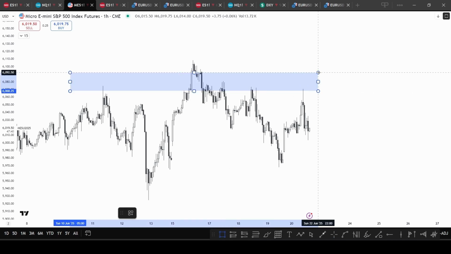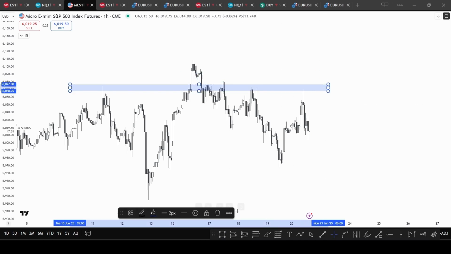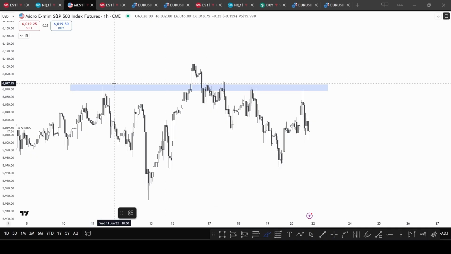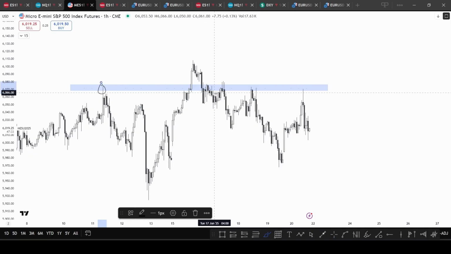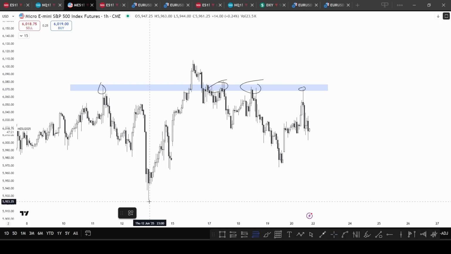First of all, you can see there is a zone here. Whenever price tries to touch this zone, we see a rejection from here, a rejection from these candles, a rejection here, and one rejection today. So this zone was a good zone, and if we just take out the